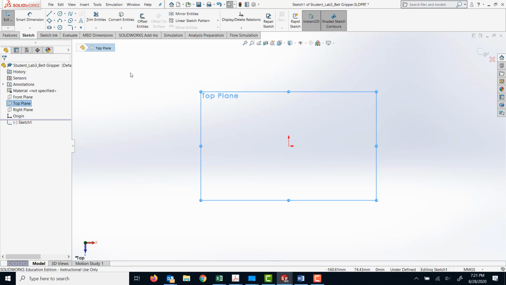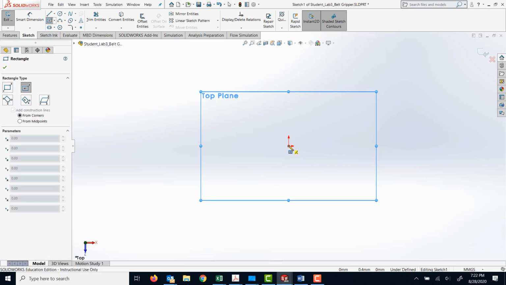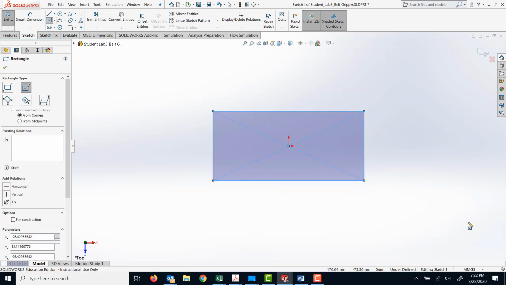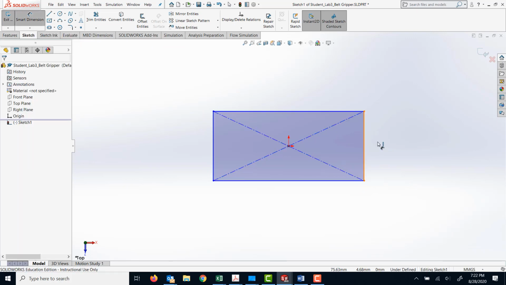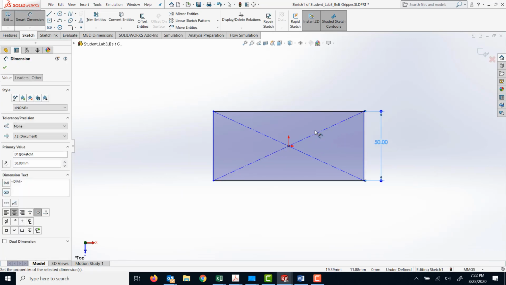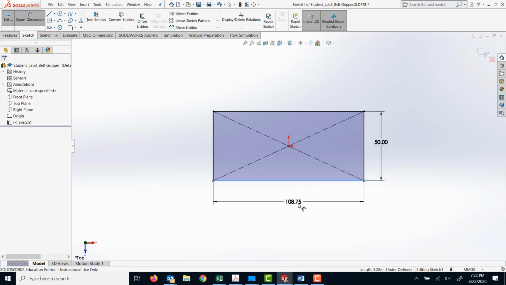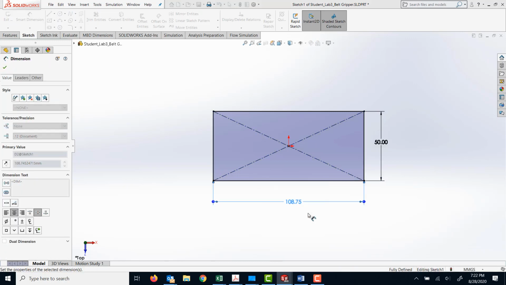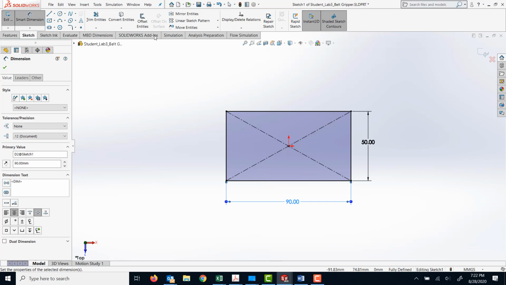It's a very simple sketch that you need to draw. Simply, you could start with a rectangle. I'm gonna use the center rectangle, and I'm simply gonna drop it like that. So first thing first, I'm gonna add a smart dimension here, 50, this is 90, and then